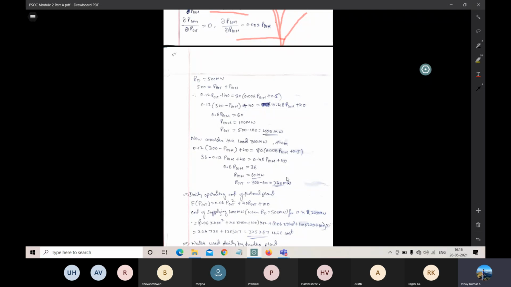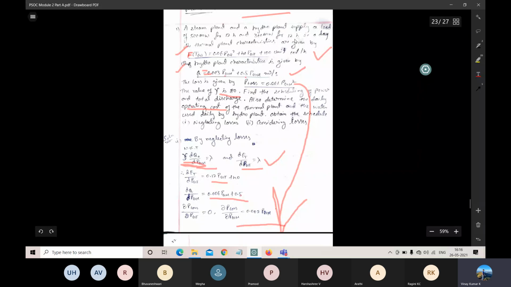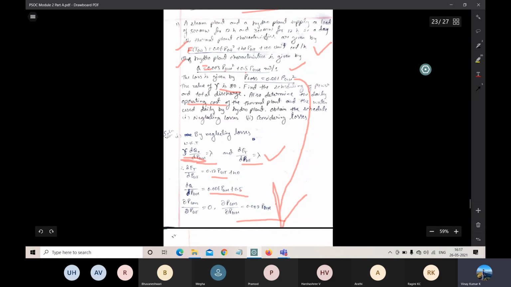So next we have to substitute in the above equation, that is here 0.12, 500 minus PGH. So after normalize things, next comes for the Heidel, that is 300. Now we are considered for 500. Look at here. In the problem he has given for 500 megawatt for 12 hour, 300 megawatt for 12 hour. So first case is we are calculated for 500 megawatt. Now second case is 300 megawatt.